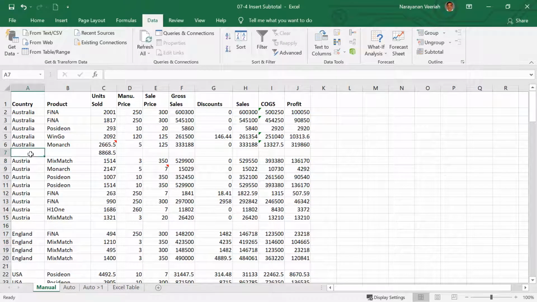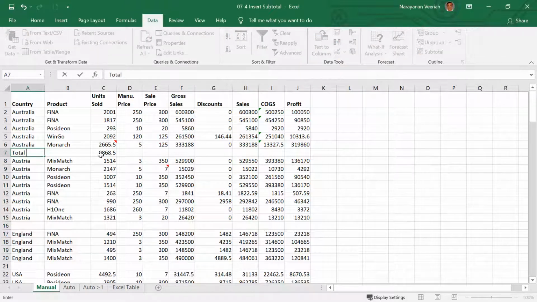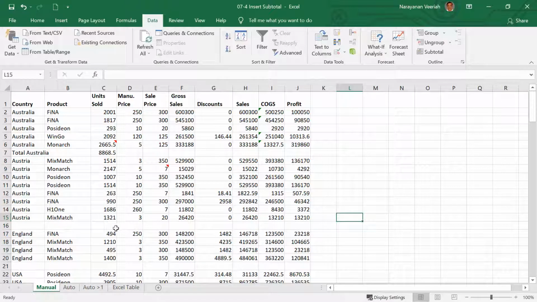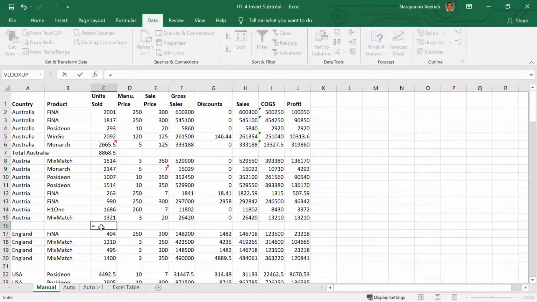Now you have the subtotal for Australia in cell C7. Let us name this as Total Australia. You can repeat this to the rest of the groups by entering the formula.